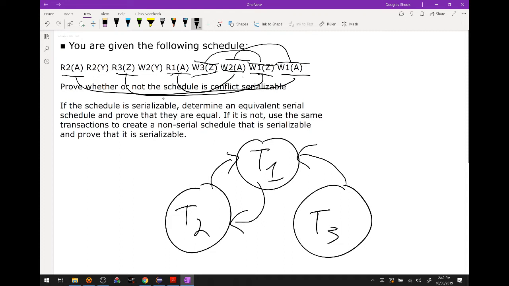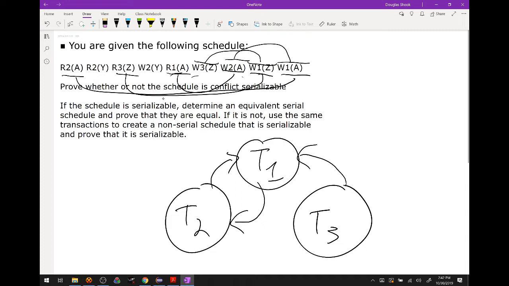This is from transaction 3. So if I swap those two, it's not going to affect transaction 1 or transaction 2 in any significant way. And it removes the conflict from T1 to T2. Now, is that the only conflict from T1 to T2? That's sort of the other question to pay attention to, right? And I believe that it is. I believe that it is the only one from T1 to T2, correct?